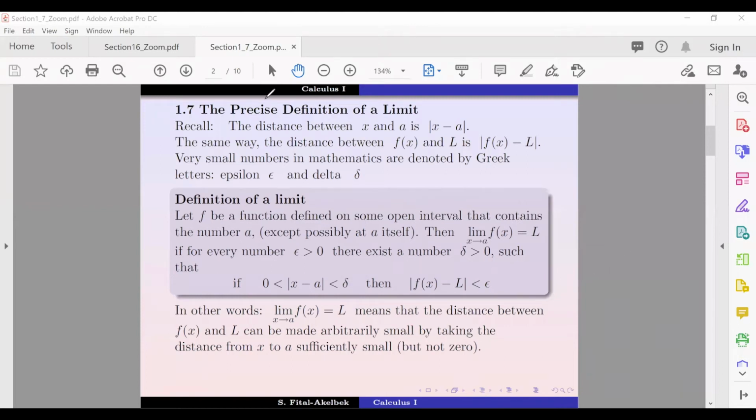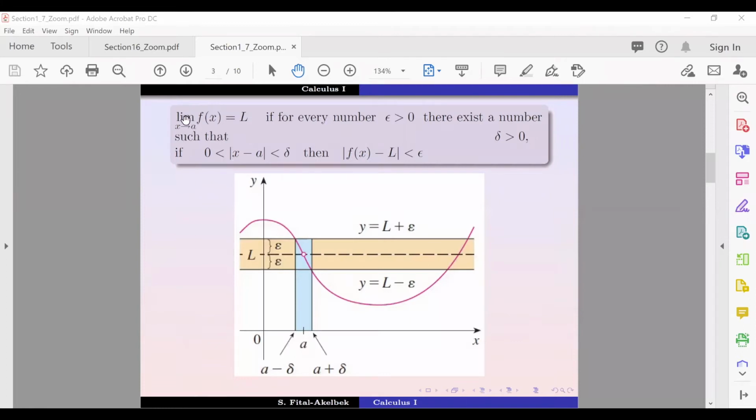All right, so now I'm going to move on to the next slide. And here, I rewrote the definition. So this is the limit as x approaches a of f of x, if for every epsilon, there exists delta such that the distance is right here. So here, please try to understand this. If you have absolute value x minus a